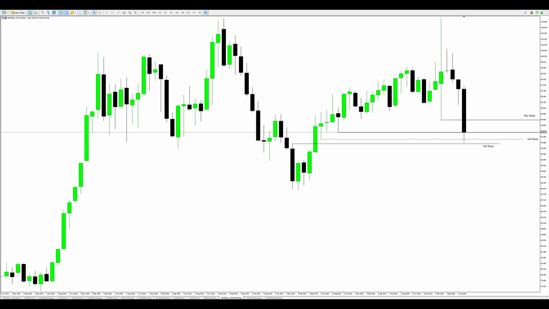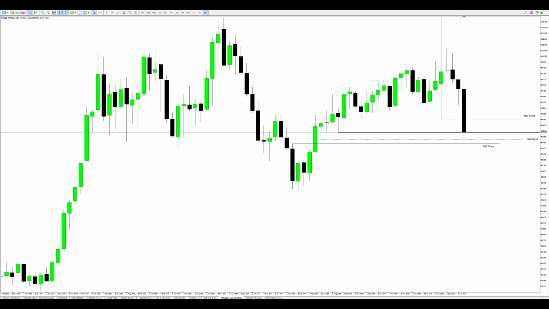Hi guys, and welcome to this week's edition of our weekly forecast, where we're going to look at a few chart examples on what we expect the market to be doing in the coming week. So we're going to look at dollar index, USD JPY, and Euro USD. And lastly, I'm going to show you a great example of a buy model which I executed on